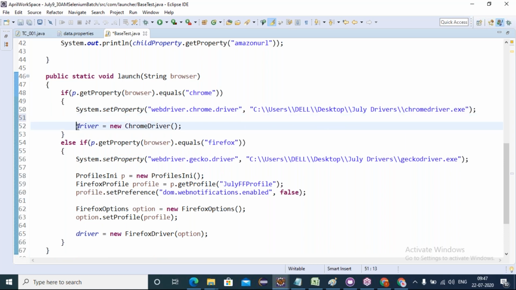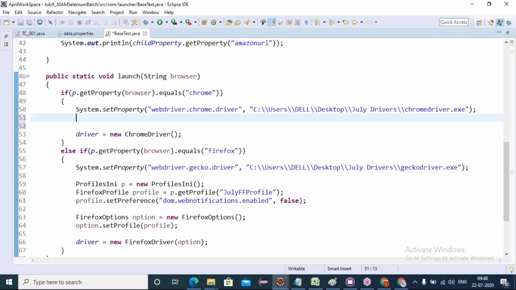Earlier it was opening with the class object of ChromeDriver, and the default Chrome profile browser was opening. Now I want to open my user defined Chrome profile. If you want to open my user defined Chrome profile, we have to use the class called ChromeOptions. To set the profile in Firefox, we use the FirefoxOptions class reference. I set the profile, so here it's the same.